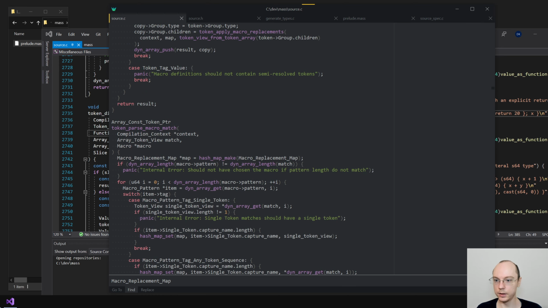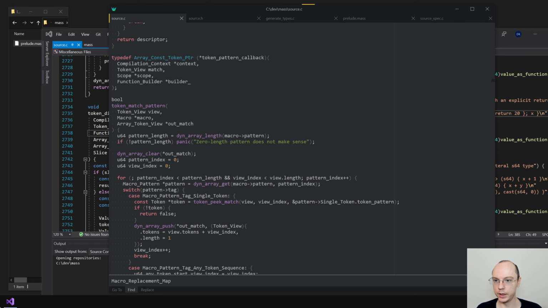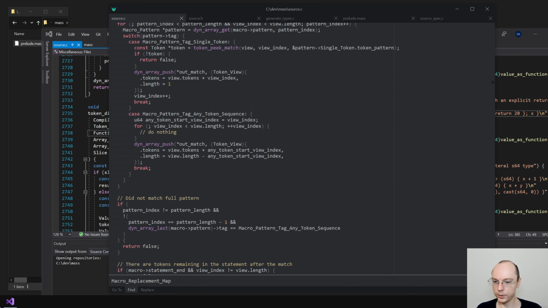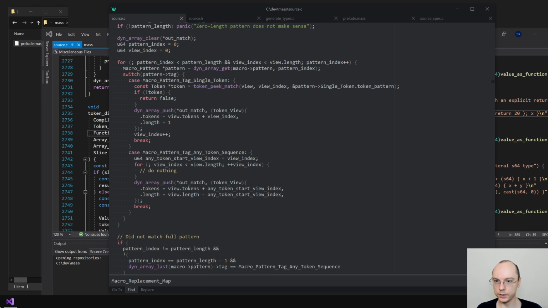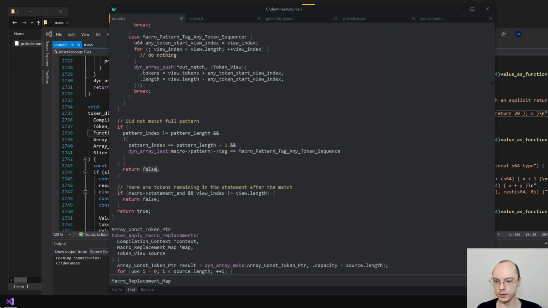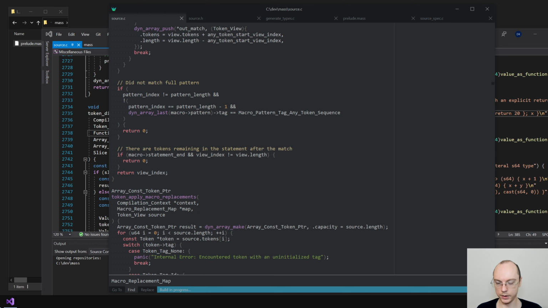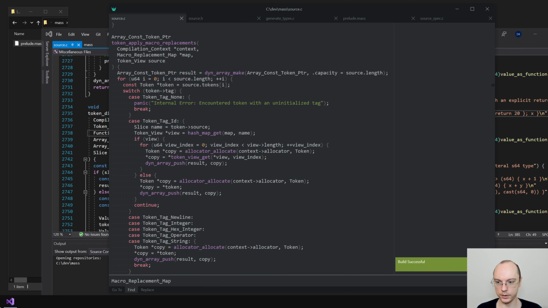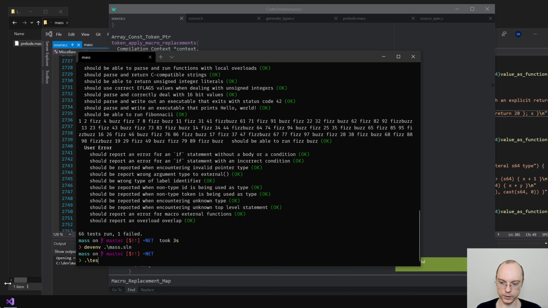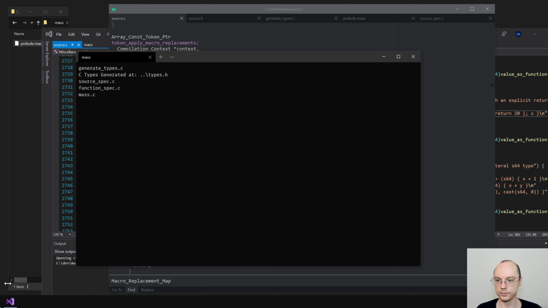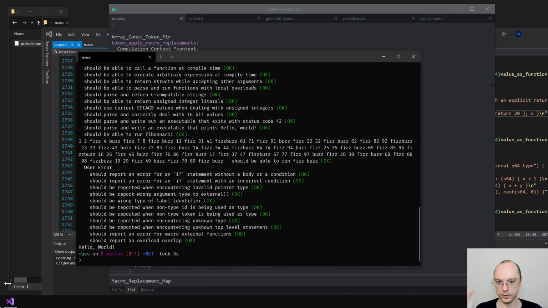Yes. And now we need to change this one, u64, to return. So this is return 0, and this returns 0, and 0. And here we say view index. Let's try like that. Here we go.